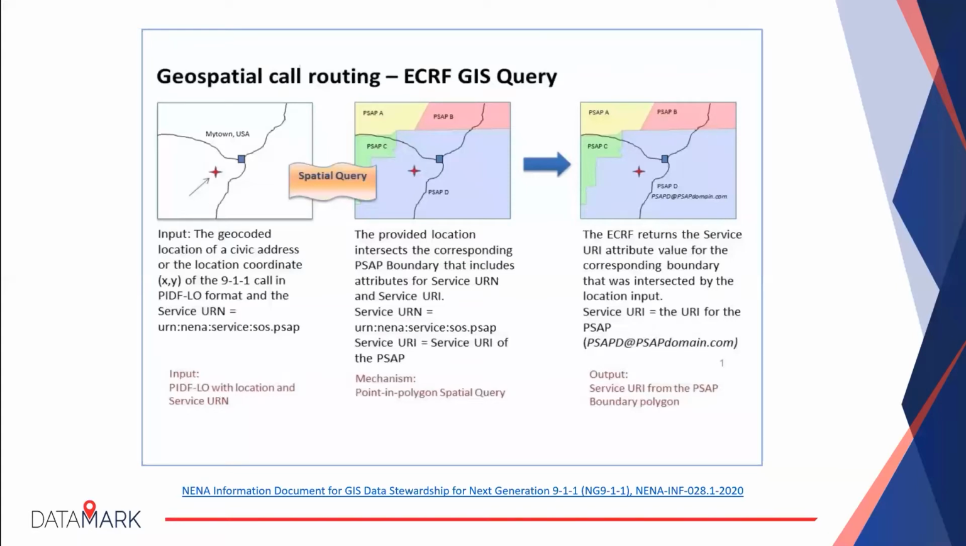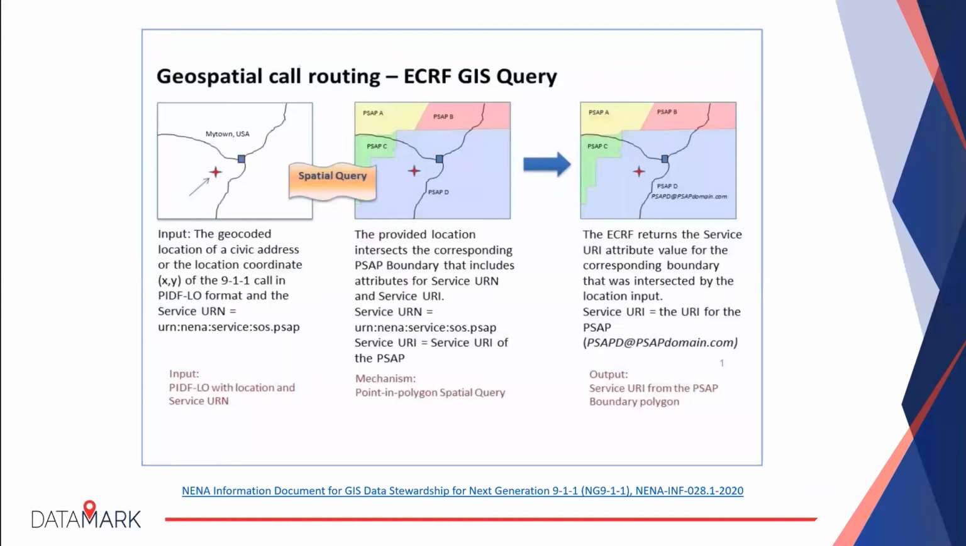So the road centerline layer will be queried to validate the caller's location, and then it will query the PSAP polygon boundary to determine where to route that 911 call. It's a point and polygon spatial query. And as described in this graphic from NENA's information document, GIS Data Stewardship for Next Generation 911, this is the